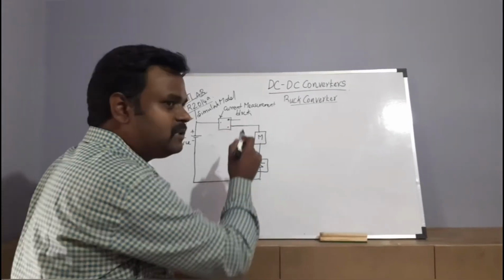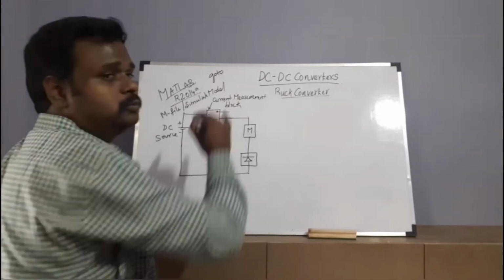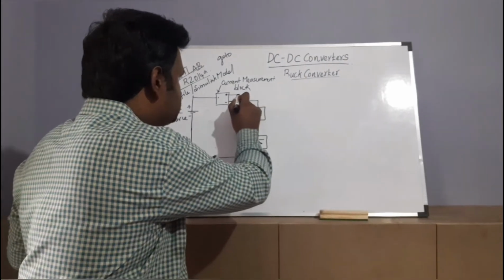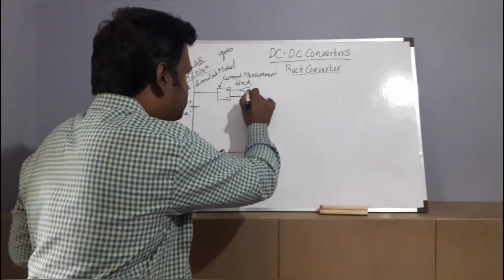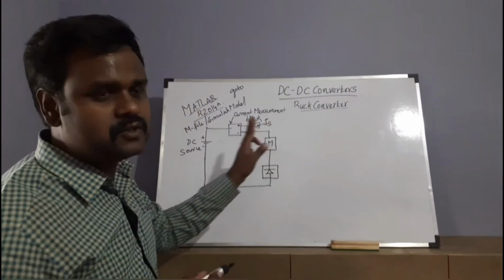You can search for it in the library: Goto tag. Don't leave any space, just search Goto tag. You will get that from the library, right? So it will be like this. You can rename this tag by double clicking on it. I am going to represent it as IS since it is the source current.